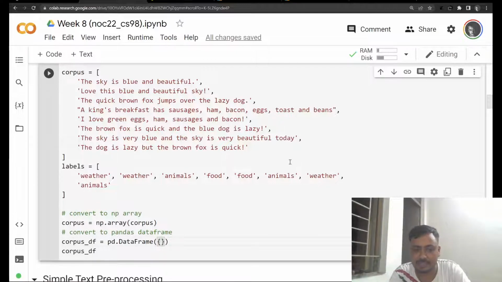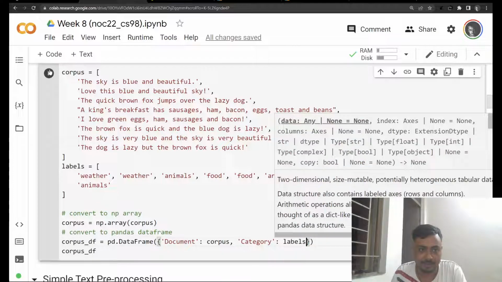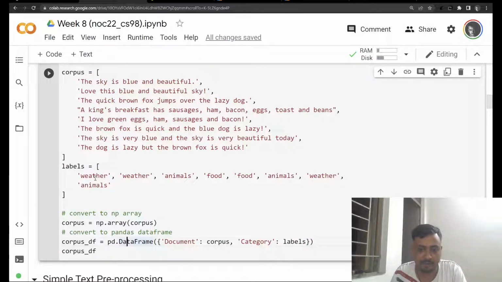So here, as I said, there are 2 columns. One is the documents, so document becomes corpus, and the other column is labels, or we can say category. So this is like the gold standard we have defined ourselves, and we put this over here. Okay, so when we run it,